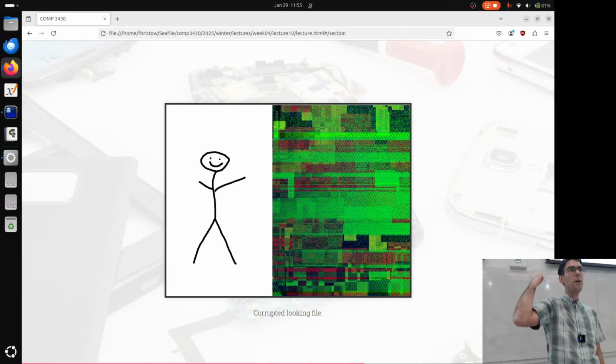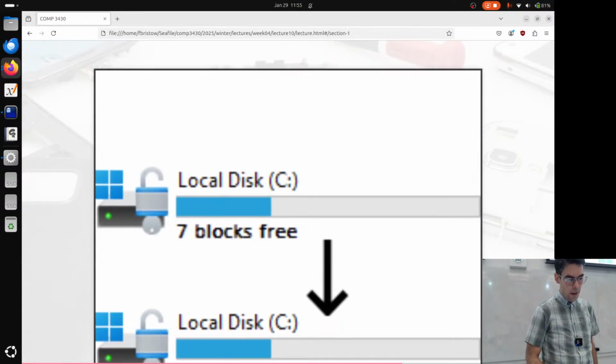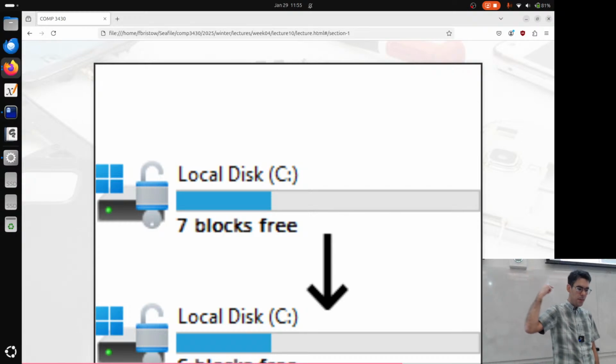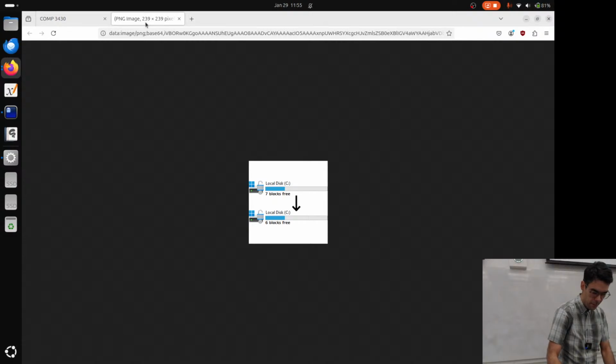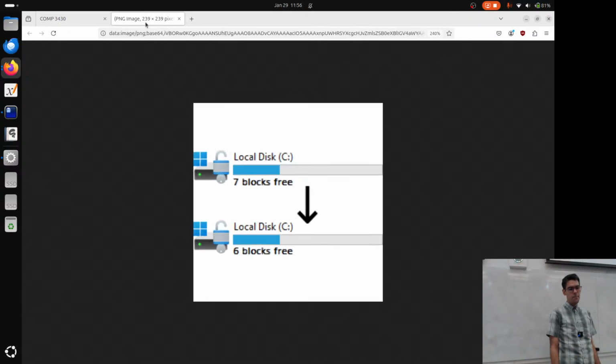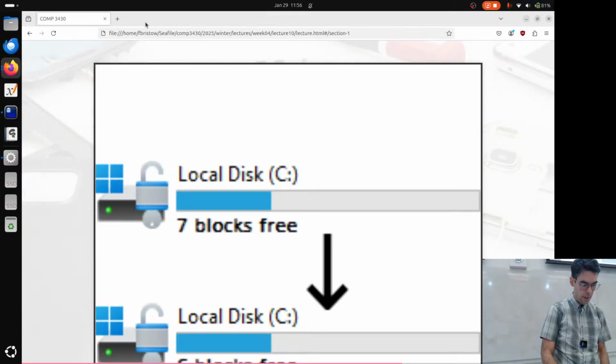All of the options are going to look like this. This is a corrupted looking file. This is me having added myself to the picture, but then Walter is gone, or some vice versa option of this. This one is going to be, there are fewer available blocks on the file system, so there's less space on the file system itself. So this is representing like a C drive, and it says there's this many bytes free, and now it says there are this many fewer bytes free than there were before.